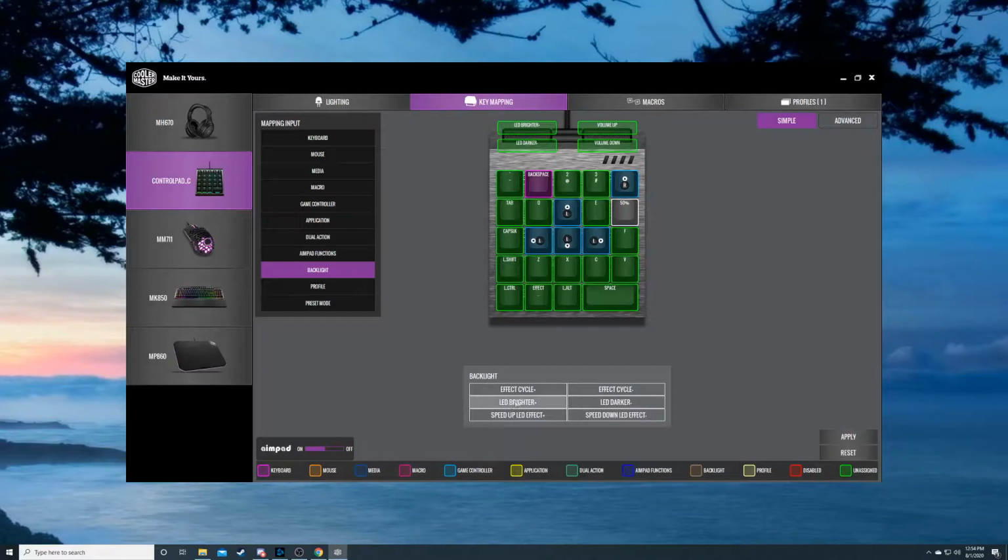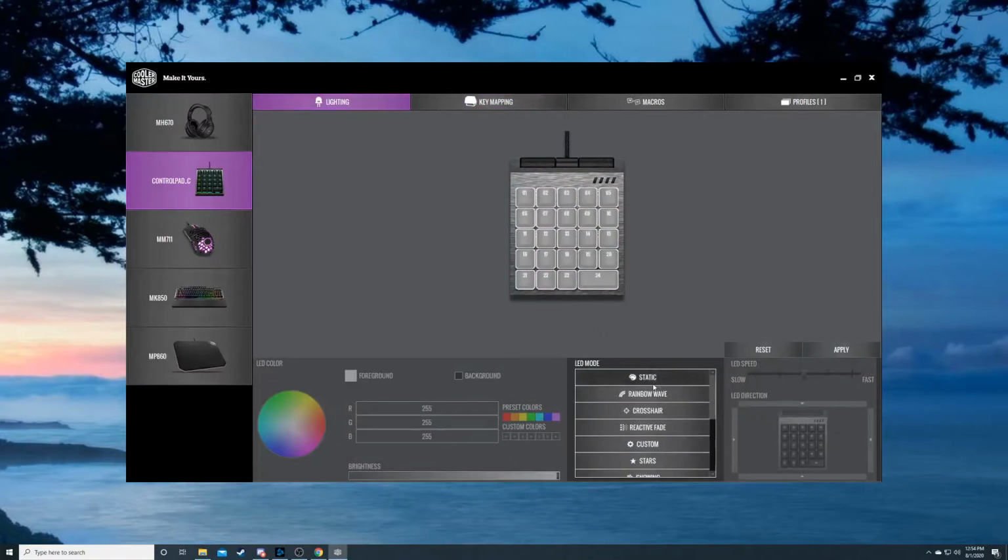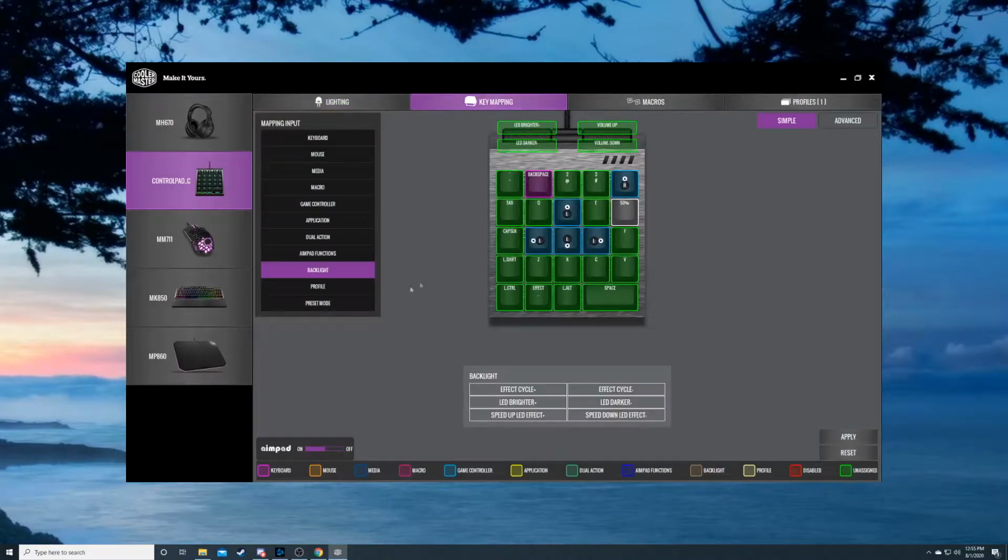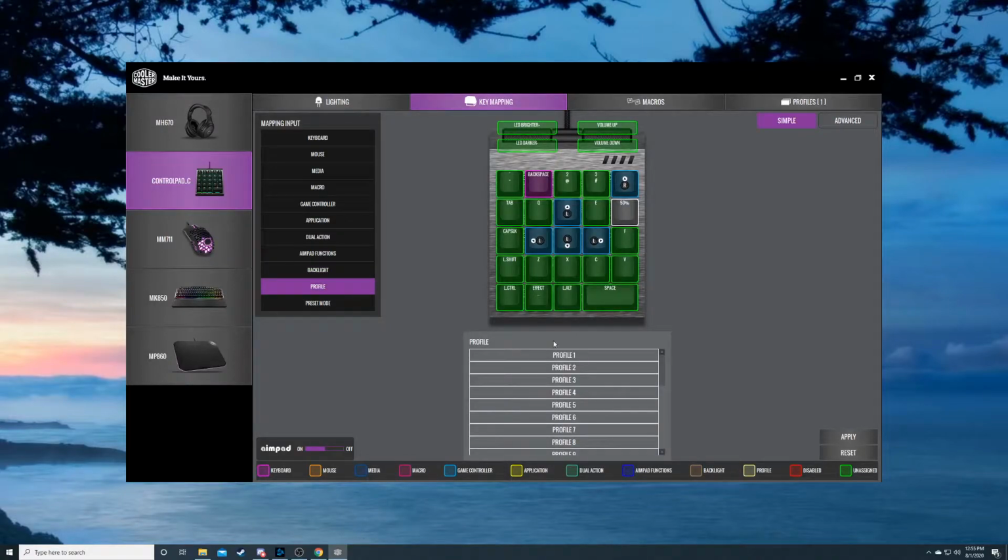You can make the LEDs brighter or darker, as well as cycle from one effect to another. So there's the listing of effects here. You have rainbow wave and crosshair and things like that. You can have it so you push a button and it will switch to the next or to the previous mode in those mappings. Profile allows you to do some unique things, like you can say, I want this specific